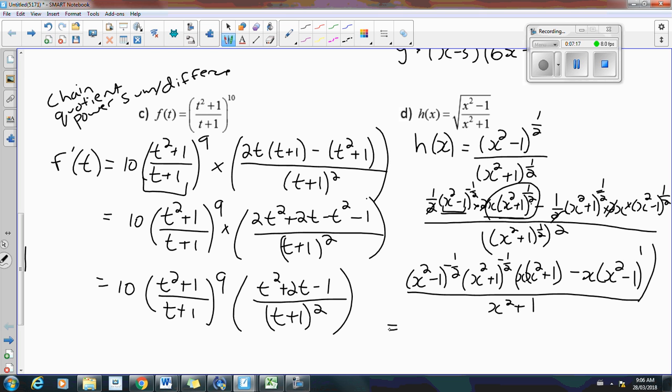So now I can simplify the top a little bit. I have these factors out front. And what's left in the brackets? Since both of these terms have an x, I should factor that x out as well. So we'll move that to the front. And all I have is x squared plus 1 minus x squared minus 1, which ends up being a value of 2. And this is all over x squared plus 1. So of course we usually write the 2 out front, so we can write this as 2x